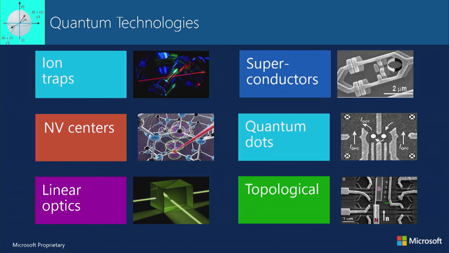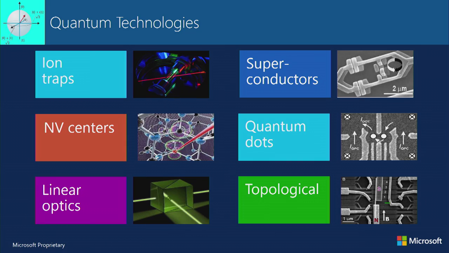There are a lot of technologies. You can build qubits out of anything that has at least 2 quantum states. The ones on the left tend to be optical and room temperature and are much slower and bigger, but they're very easy to do in a lab comparatively. The ones on the right use semiconductor technologies, but very, very cold. About 100 times colder than outer space is where they have to run, so there's low enough noise that the qubits actually